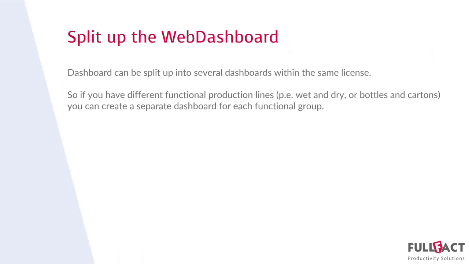You're still bound to a maximum of 5 lines per screen. So if you have more than 5 lines, you can page forward in the web dashboard itself. But you can also decide that you want to have 5 on one dashboard and the next 5 on a new dashboard. Then you have something like Revolver, a plugin for Google Chrome, that shows you different URLs in a specific order. So if you have multiple dashboards, you can have them displayed in sequential order with an interval of about 10 seconds, 50 seconds, whatever you define within the plugin.